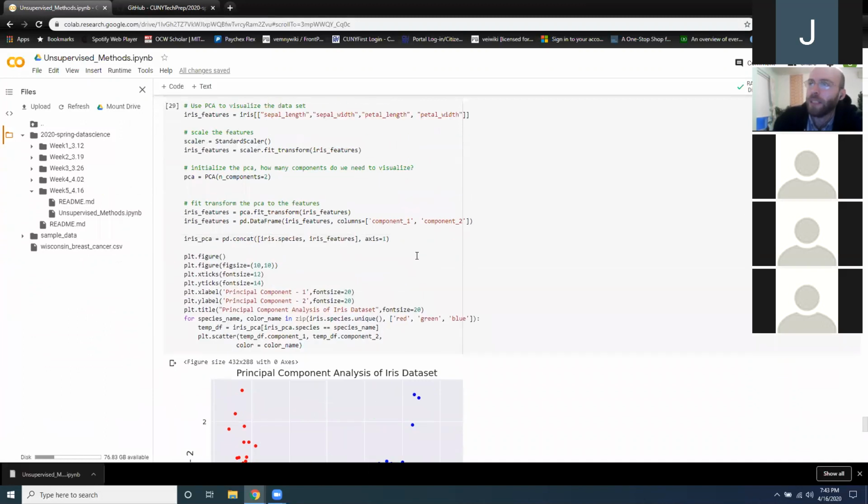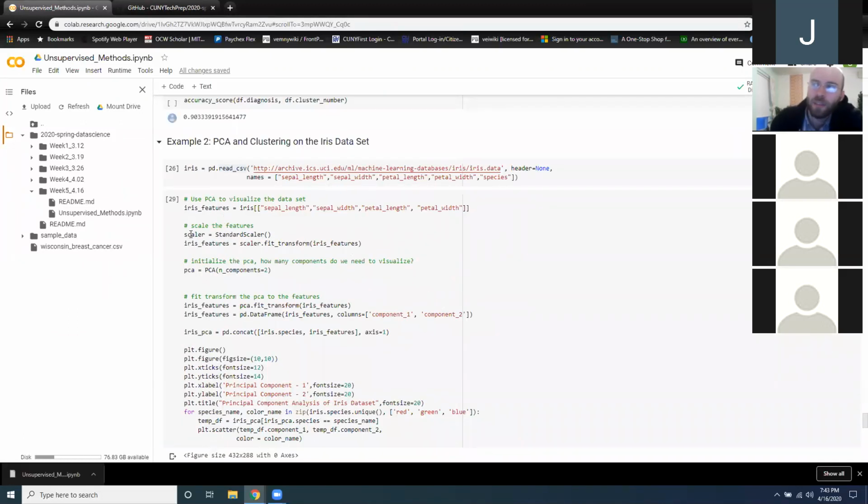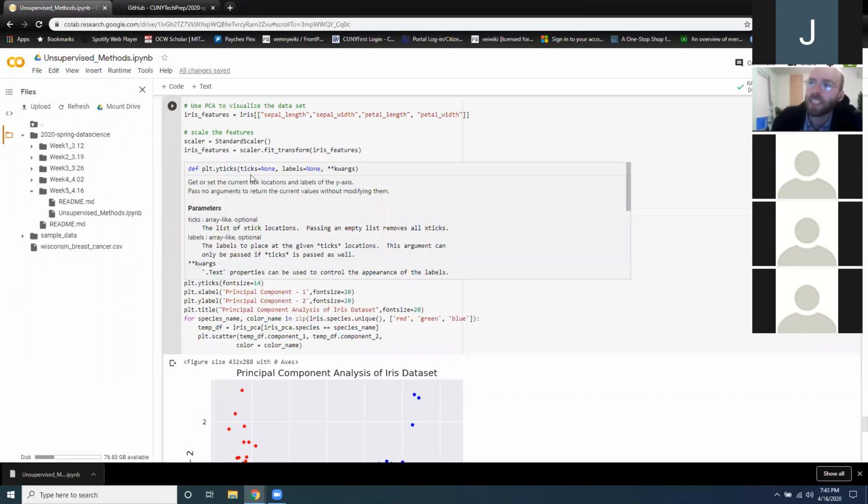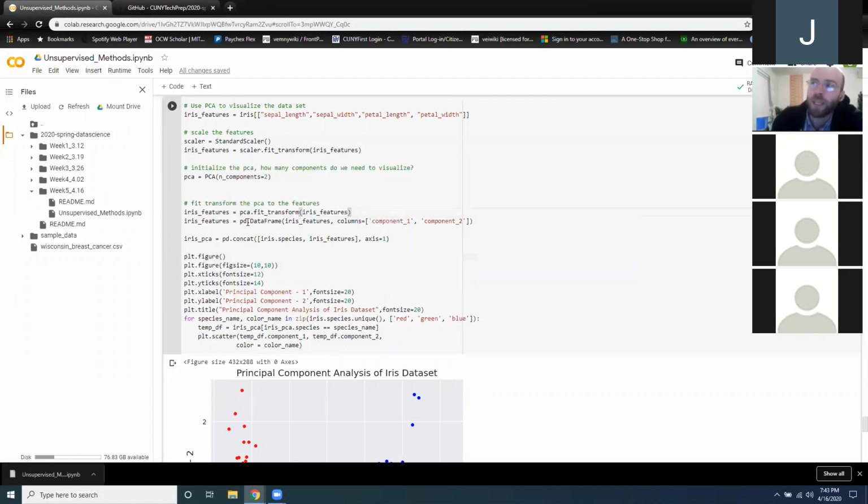There we go. So we've got our standard scaler. We've got PCA with components equals 2. PCA fit transform on our iris features. And then the way I set up the visualization down here, we put our features back into a data frame with column names equal to component underscore 1 and component underscore 2. And this part then should work to put it into a big data frame with the labels